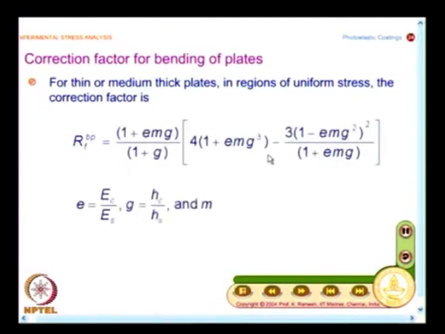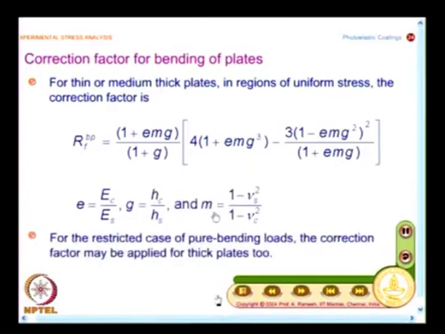and you have a very long expression for this, and we bring in one more identity m. M denotes 1 minus nu s squared divided by 1 minus nu c squared. We have already seen what is E, what is G, and now we have introduced another parameter. These are all for convenience, for writing the expression in a convenient fashion. So, for bending of plates,